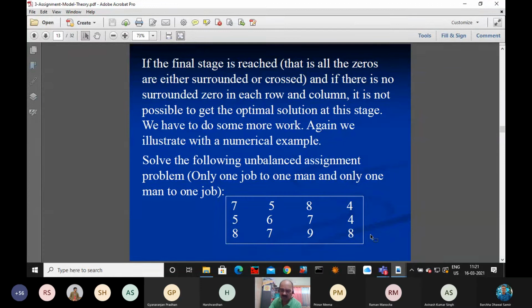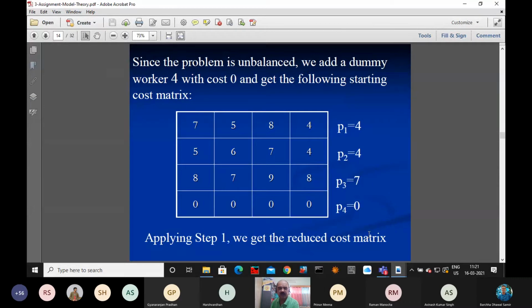One more row we are adding. Since it is an unbalanced problem, we are making it balanced. We put a dummy worker. This dummy worker takes 0 units of time for all jobs. Say 0, 0, 0, 0. Now,